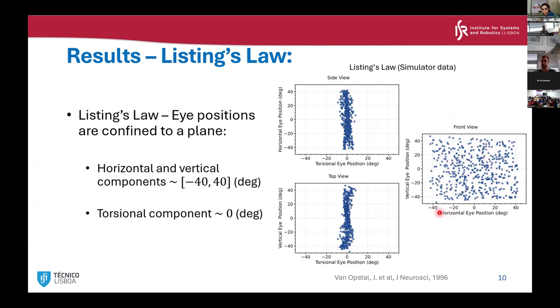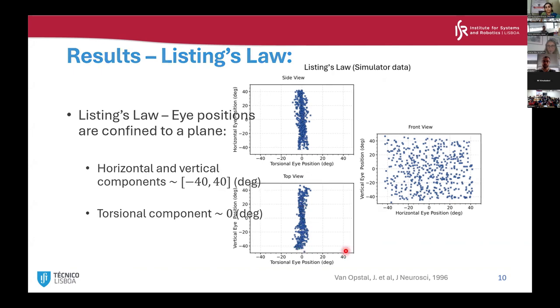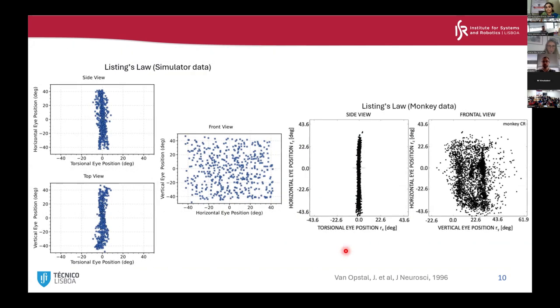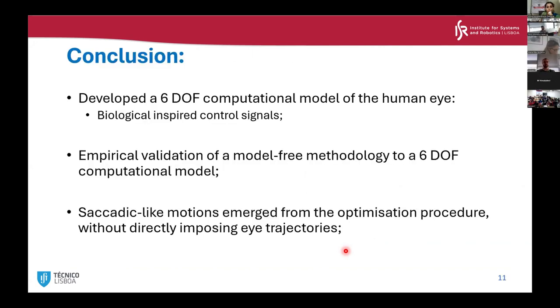You can see it is -40 to 40 degrees, horizontal and vertical. However, the torsional components remain pretty closely around 0, which is again really close to what we would expect a living organism to perform. So in this presentation, in this work, I showed how we developed a computational model of